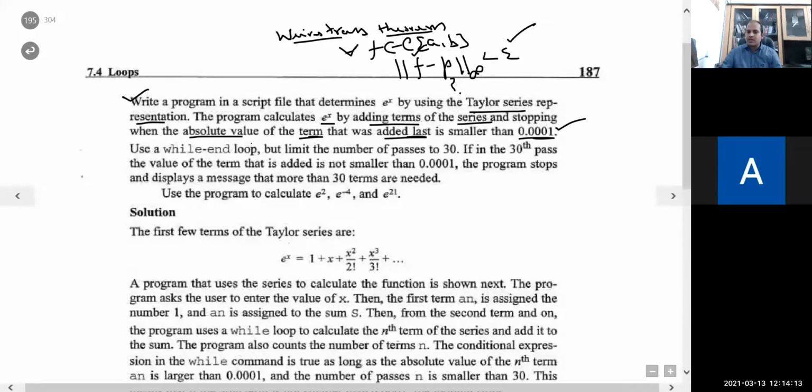So this condition is given to you: what will be the polynomial which will approximate this continuous function up to this accuracy? The same type of thing is here. Basically, this one is the expansion of e to the power x, but it will contain infinite terms. Using the Maclaurin series, you have studied in calculus that one can expand. And see, Maclaurin is basically a particular case of the Taylor series.